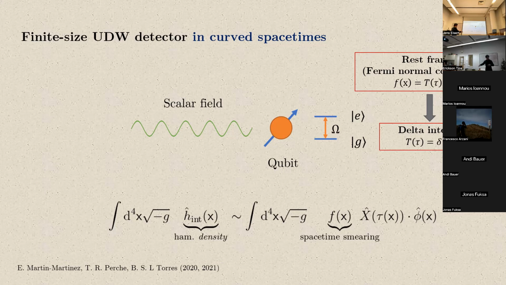Might have. So basically, the idea is similar. You take two qubits. It doesn't have to be delta interaction. They interact with the quantum field, and they extract entanglement from the quantum field, and you ask what's the amount of entanglement you got from these two qubits. Now, the problem is, if you only do perturbation theory, you only get a very, very small amount of entanglement. But the quantum field, as far as we know, has an infinite amount of entanglement because it has a very strong ultraviolet structure, which means that